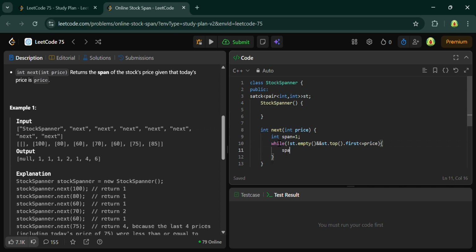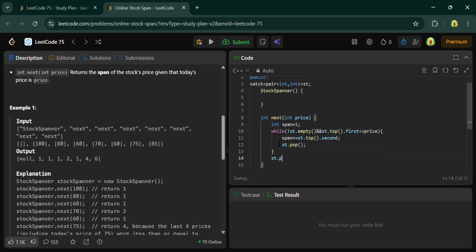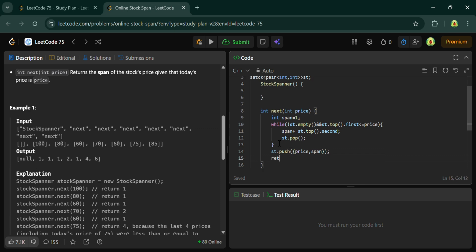Then you just have to do span plus equals st dot top dot second, okay. And then you just have to do st dot pop, and then st dot push price, span. Then you just have to return span,